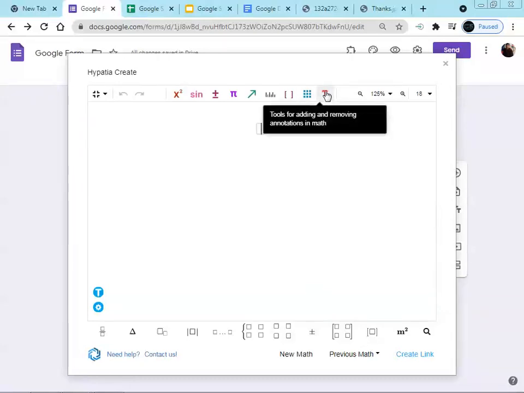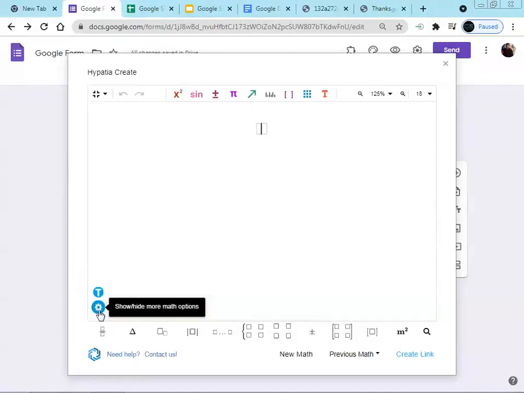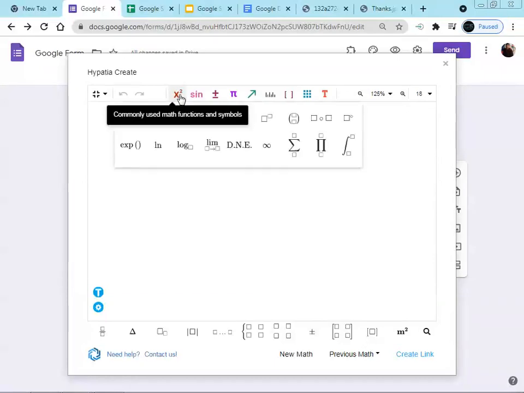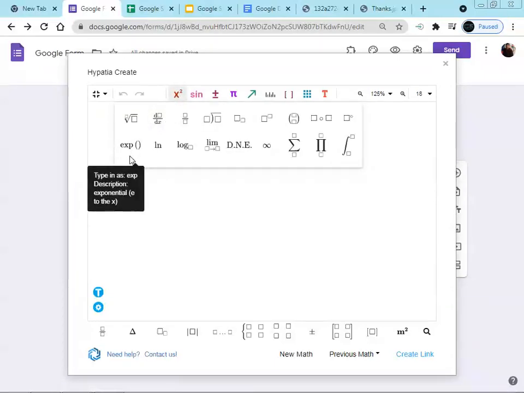This T represents the text, and at the bottom this round symbol shows the settings. Above this is a T, which means that if you don't want to insert a mathematical formula, you can click on this T and it will change to textual mode. We'll see one by one. Here you are getting the x square. Click on this. This means that we are getting square type formulas here, cube root formula, square root type formula.